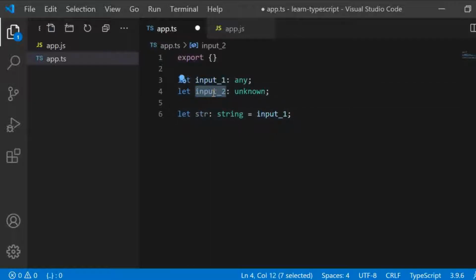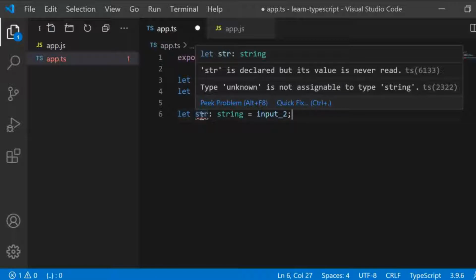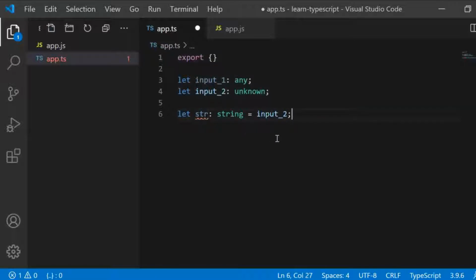But in the case of unknown, if you try to do that, it will definitely complain. So what we learned is, when we explicitly denote a variable as unknown, we are saying that we don't know its type. So before assigning anything, make sure that you have a similar type.